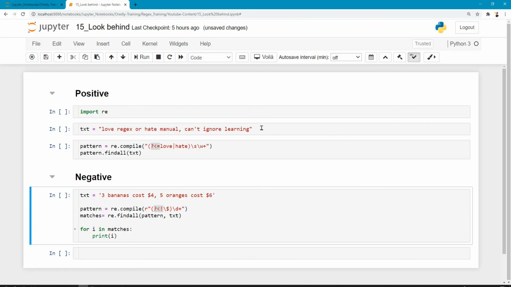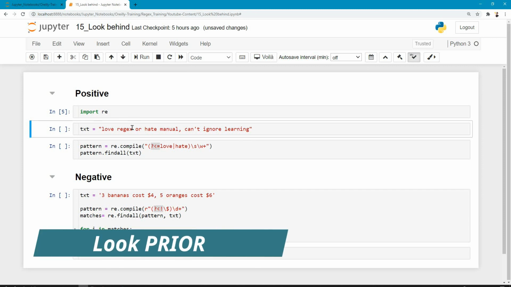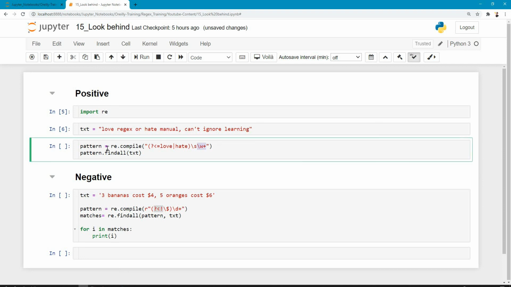Now let's see how the look behind works in regex. Now look behind simply means to look behind before extracting the word. Now in this example, I've specified a text which has these words, love regex or hate manual, can't ignore learning. Now in this compile pattern, what I'm saying is there is a space followed by a word.